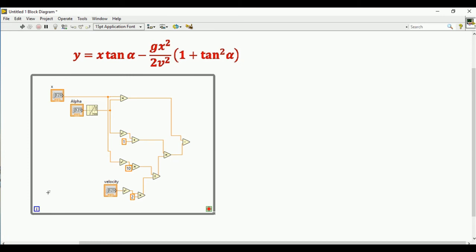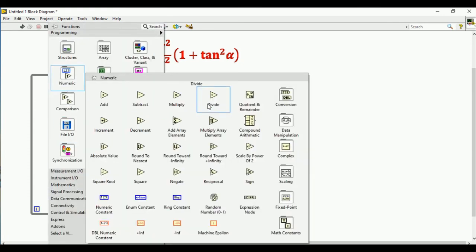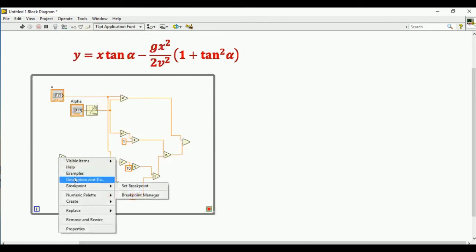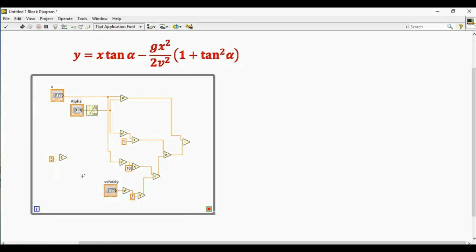So here I am doing one thing. I divide this input with 5, create this constant 5. Okay, and I am connecting this with x. So whatever this output I will be connecting here, and I am deleting this x1.